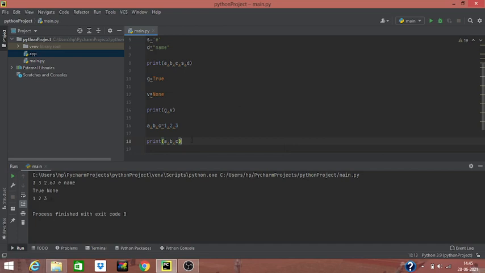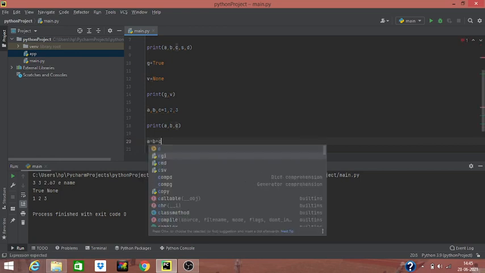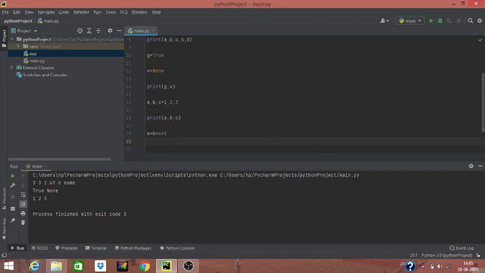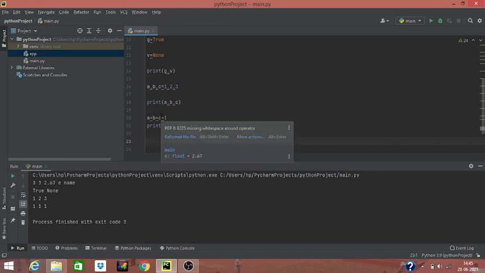Down here we can also assign a single value to multiple variables simultaneously. Let's see. Okay, as you can see, 1 1 1 printed on the screen. When using this cascading assignment, note that all the three variables refer to the same object in memory, an int object with the value 1.